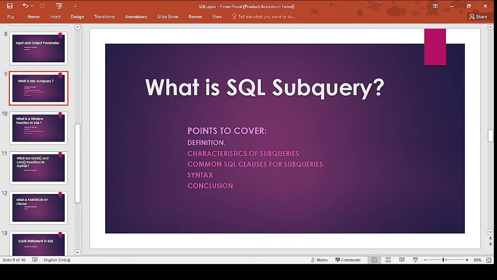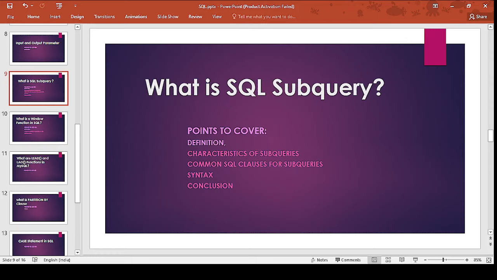In SQL, a subquery can be defined as a query embedded within another query. It is often used in WHERE, HAVING, or FROM clauses of a statement. Subqueries are commonly used with SELECT, UPDATE, INSERT, and DELETE statements to achieve complex filtering and data manipulation. Key characteristics of a subquery are: